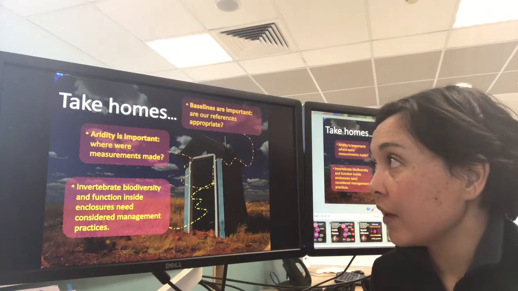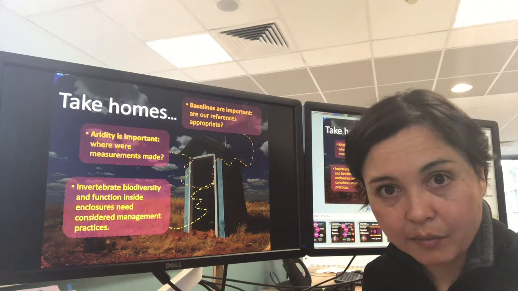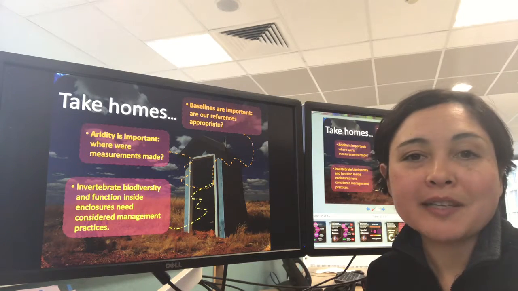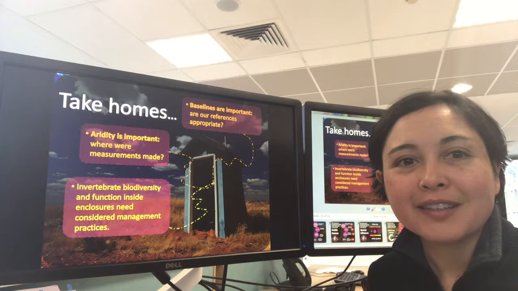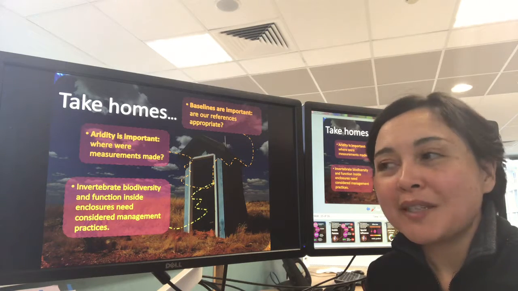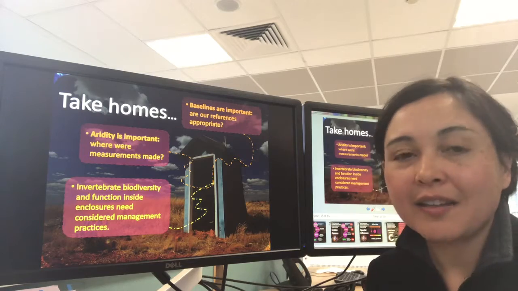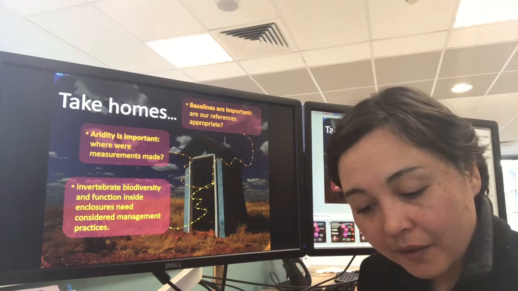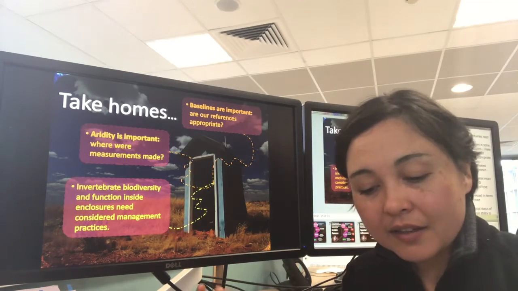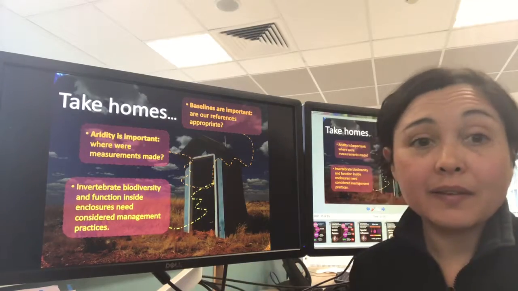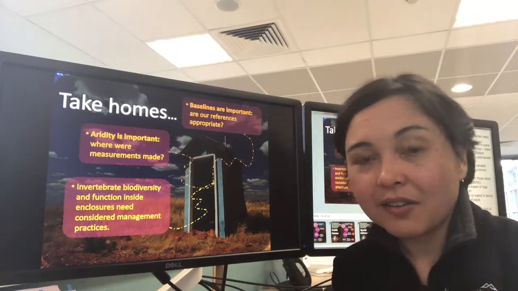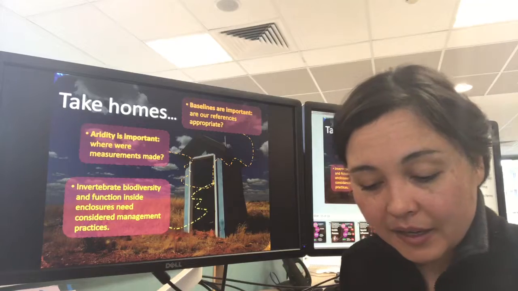The other thing that we found was that baselines are still very important, and it's easy to forget about baselines because it's basically what we see is what we think is normal, and that may not be true all the time. So, a suggested improvement to help us find better baselines for comparison and assessing progress.